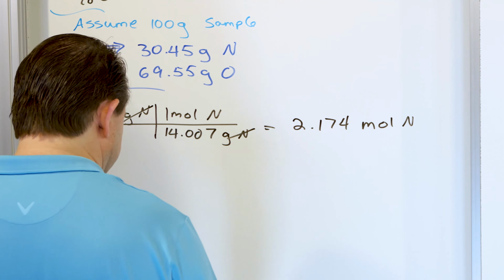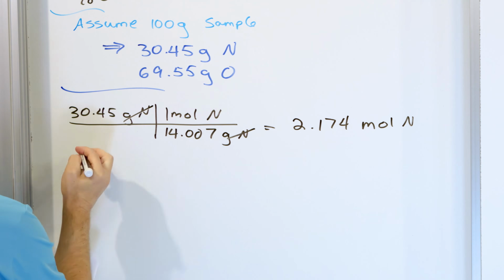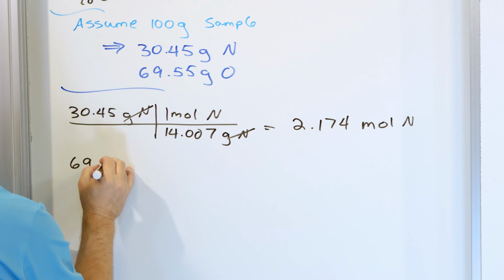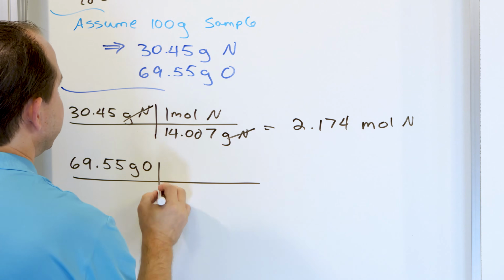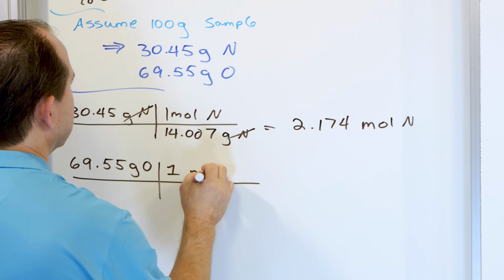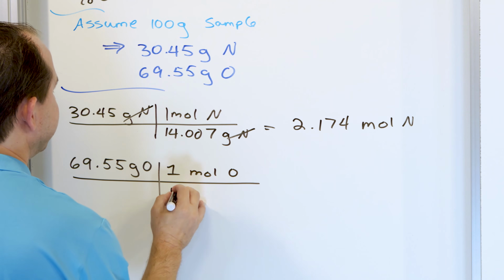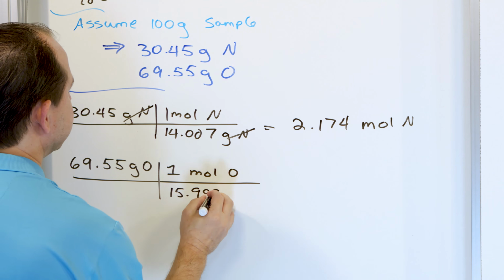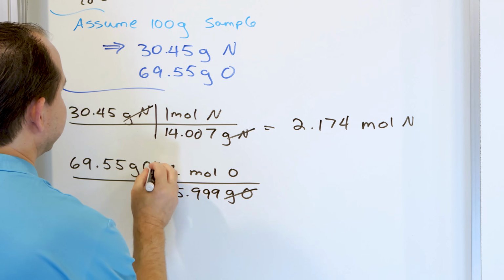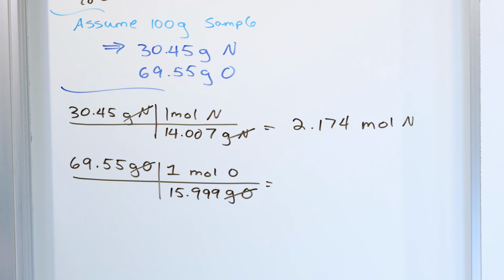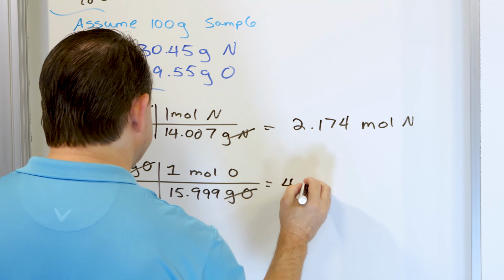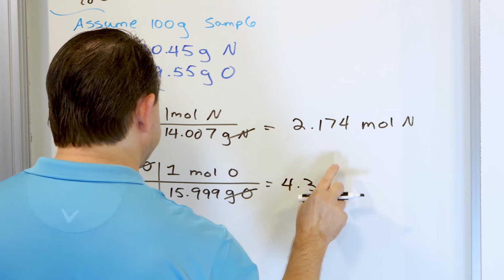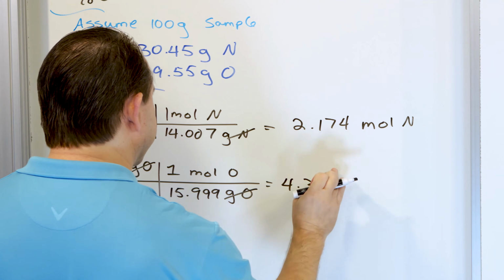All right, so I guess we'll do this in black as well. And then we'll take the oxygen, 69.55 grams of oxygen. Then, if we know that 1 mole of oxygen atoms is 15.999 grams of oxygen atoms, cancel. Then you take 69.55 divided by 15.999, you get 4.347